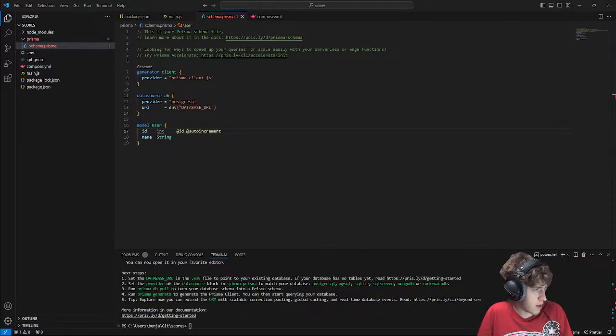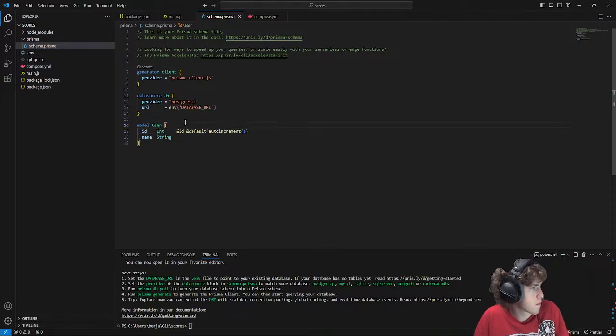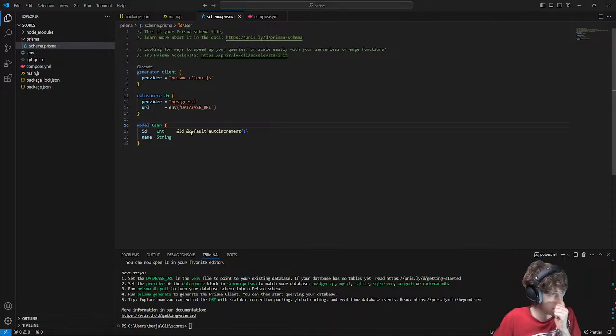How did I do it for Jamcore? cd prisma, cat schema. Okay, I set the default to autoincrement. That makes sense. And it's Int with a capital. This is the name of the user, with the ID of the user.